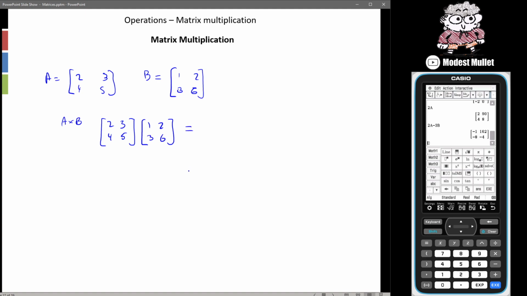Okay. Now, first things first is what is going to be the resulting size of this matrix, because depending on the sizes of the starting matrices, the end result will be different. The way to figure this out, and this is the layout that I've always used and always suggest,